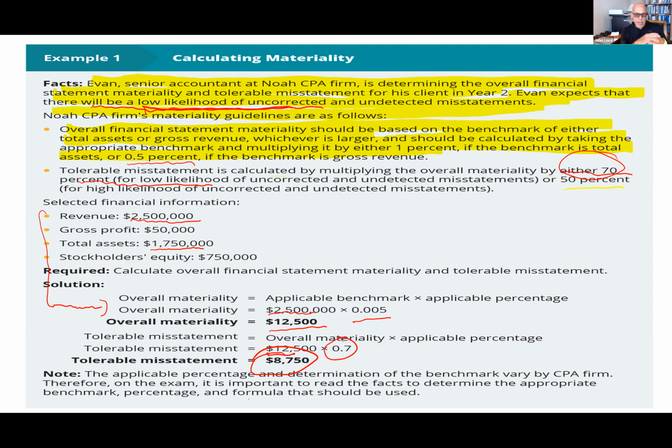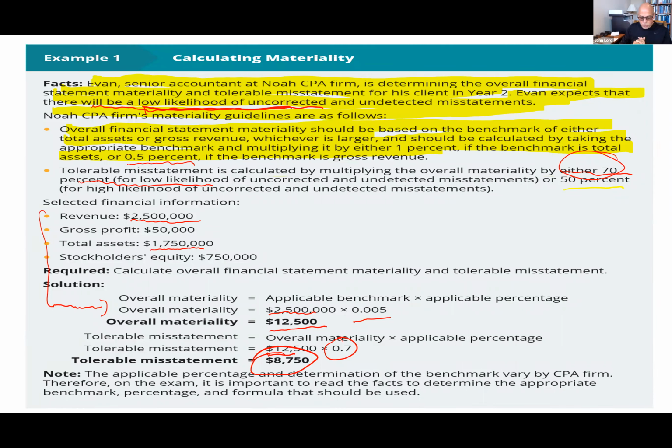We do. That gives us our overall financial statement materiality. Then we will come up with performance / tolerable materiality, and that is going to be even smaller. The reason we're doing that is we may not detect every misstatement. There's always a chance that we'll miss something. So we give ourselves a cushion by squeezing that materiality level down even lower for the actual performance of our audit procedure. So if there are undetected misstatements, we've guarded against that by asking for adjustments of things that fall above that